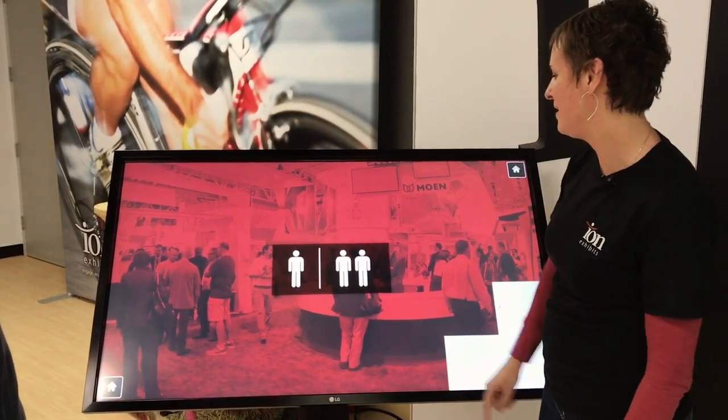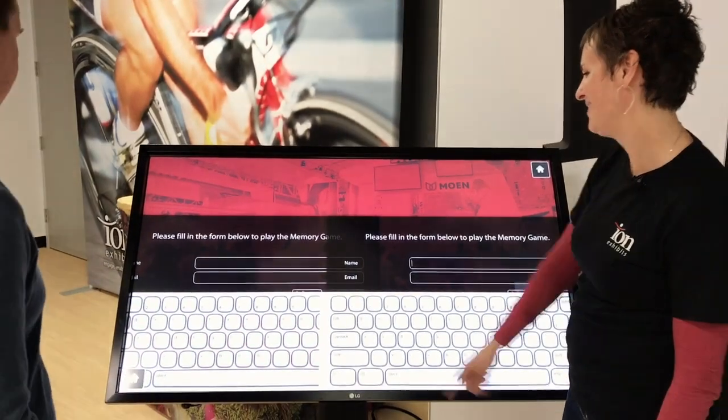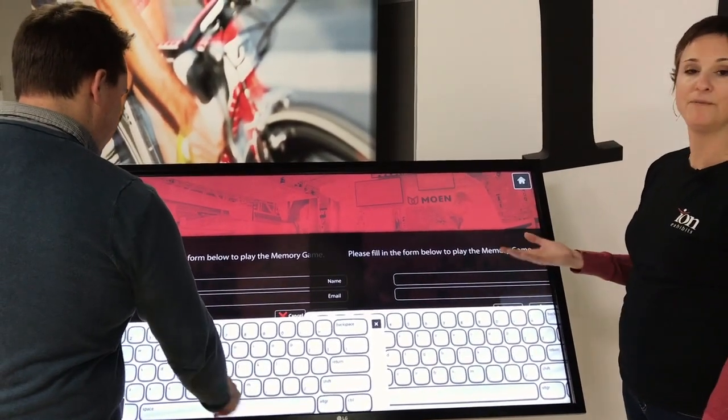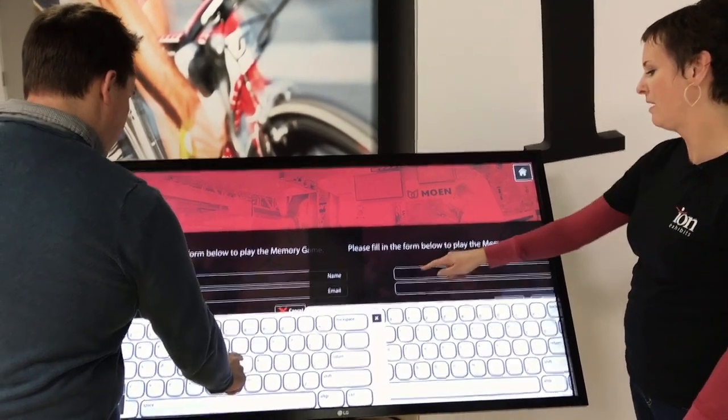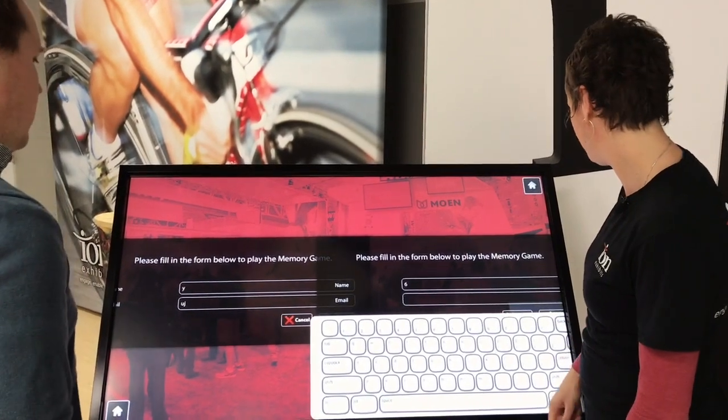So if I click on the game, I can have one player or two players. I'm going to play with Zach here. So before you play the game, you have to have the client send their information, fill it out, and that'll go to you. So we're just going to do a quick